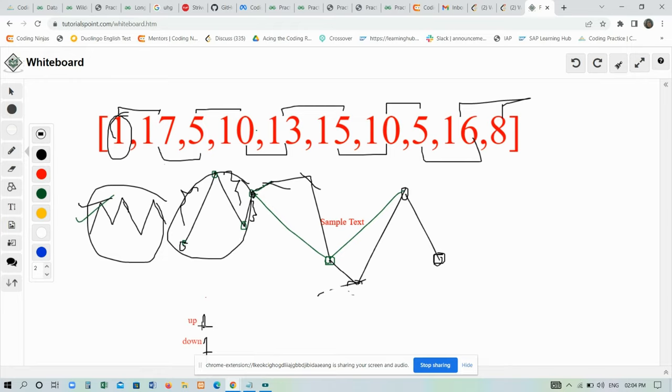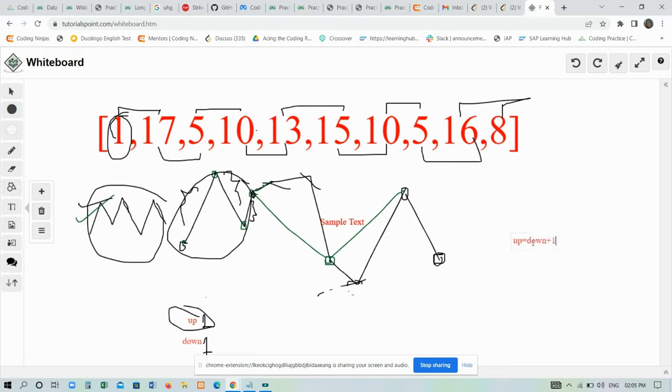So in the iterative approach, our up variable will actually increase by the formula up is equal to down plus 1,